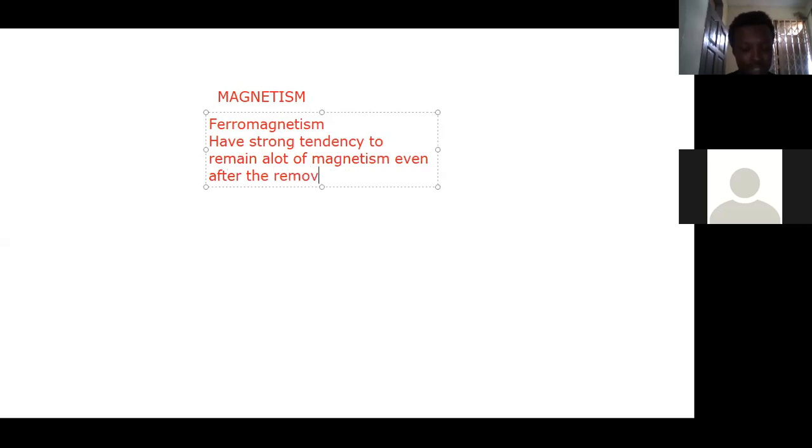We say that substances that fall under ferromagnetism have a strong tendency to retain a lot of magnetism even after the removal of an external magnetic field.